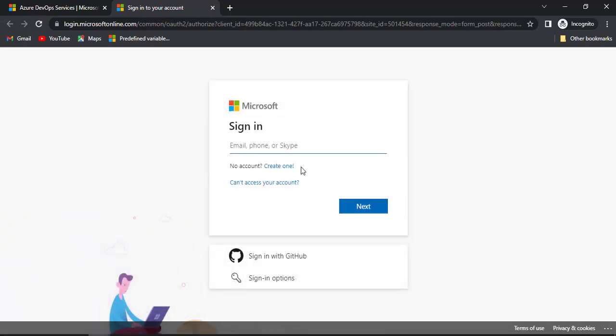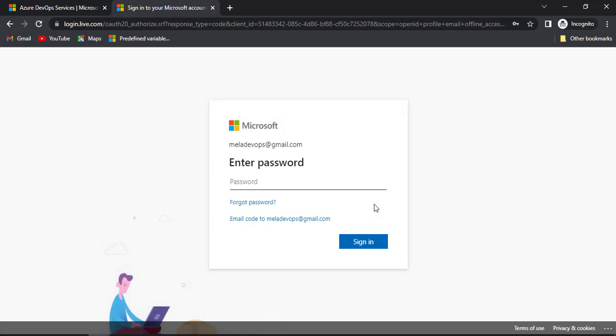It will prompt you for an email ID. Use the same email ID which you have used for your Azure Cloud account, guys. Don't use anything else. I'll tell you the reason why I'm telling you to use the same email ID later, but for now make sure to use the same email ID. Okay,